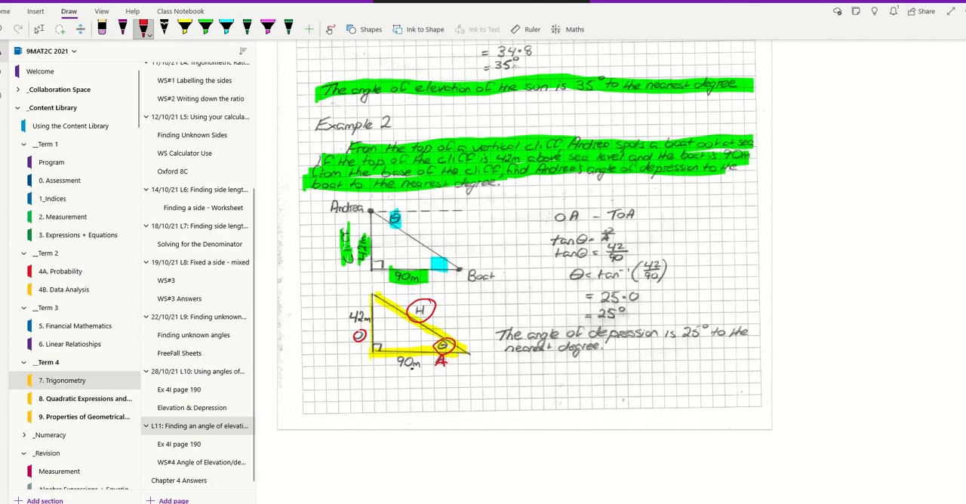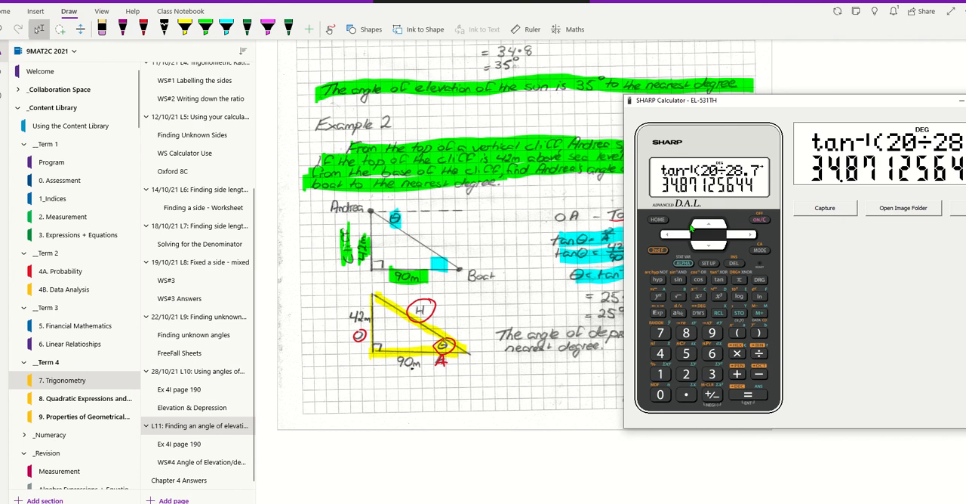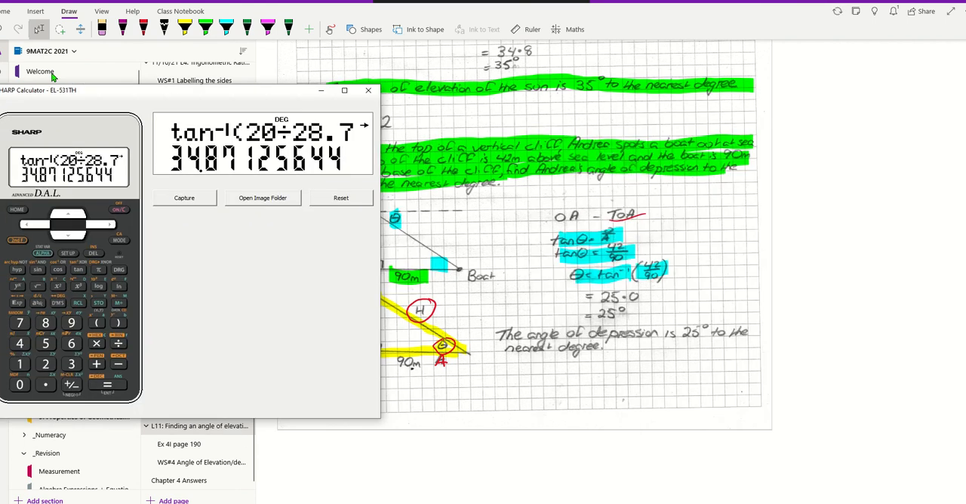Again, we know it's going to be TOA. O and A is TOA. Write it out. Tan theta is equal to O on A. So tan theta is equal to O 42 over 90. So theta is tan minus 1, 42 on 90. Go to our calculator and go